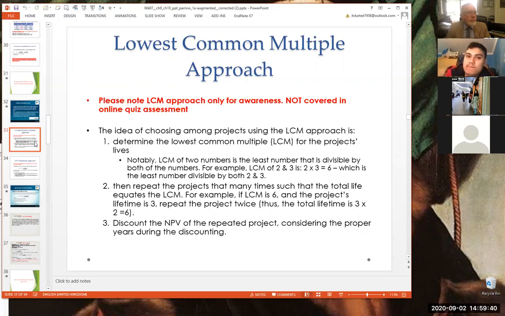Well, if you think about it, if it's going to take you 5 years to go and get the extra $1 million, only 6 months to get an NPV of 1 mil. What's to stop you in 6 months, when the first project finishes, you get your 1 mil, from then doing that project again, getting another mil, and doing it again and again and again. And in fact, in 5 years, you can do a half-year project 10 times.